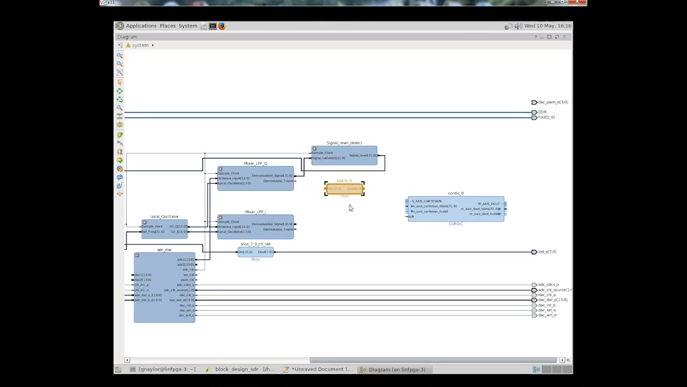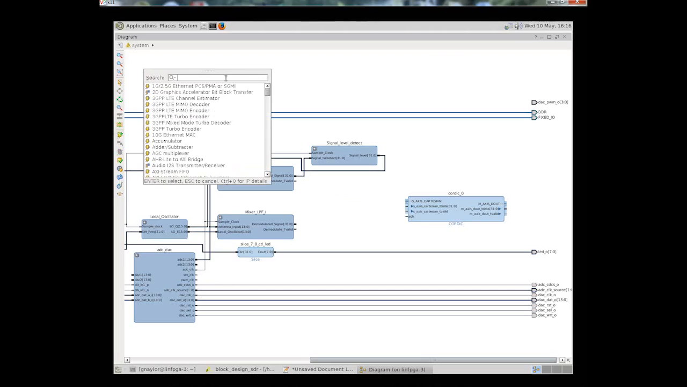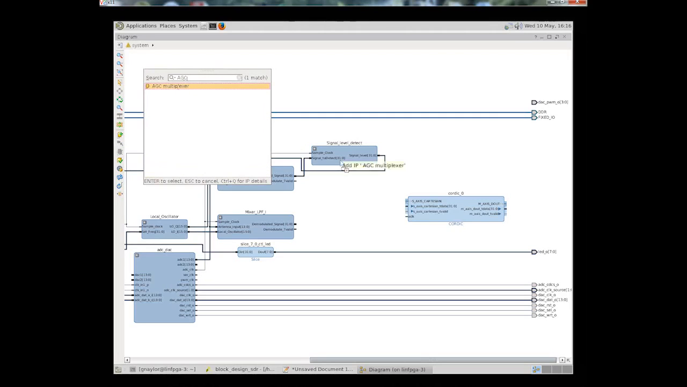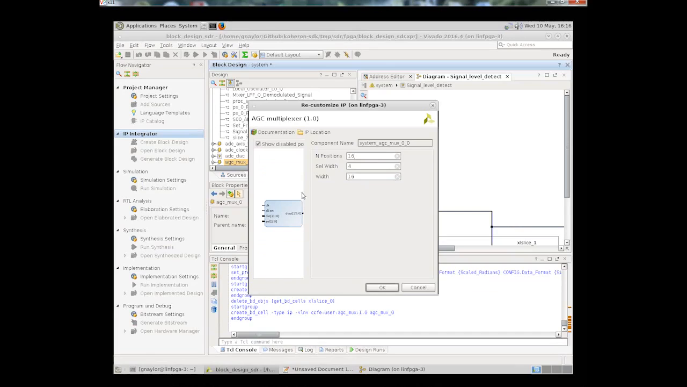So we'd better put in some kind of AGC, automatic gain control, and so let's get rid of that. That's not going to do the job. So let's look for that. Unfortunately there's one we designed earlier, we've pulled in, and what this does then is takes in some wide input